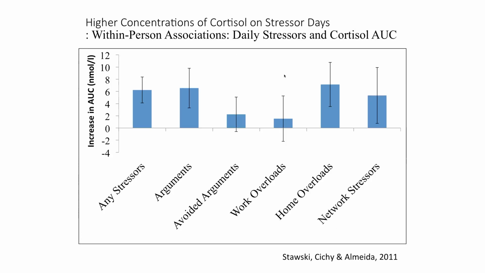Okay, so this is some analyses that we worked on for quite a bit, and what we found was that on days that people experience stressors, any stressors at all, they had higher levels of AUC cortisol compared to days that they didn't experience any stressors. And this was really driven by overt arguments with people, as well as being overloaded at home, as well as having network stressors. And so what this slide shows is that we can see almost, well, I don't want to say mimic what we have in the lab, but certainly parallel what we have in the lab. On days when people experience stressors, we see changes in their cortisol compared to days that they don't experience stressors. But it's driven by certain types of stressors, mainly stressors that involve other people and probably close other people. So here's some evidence for inter-event variability. And if we go to the next slide,